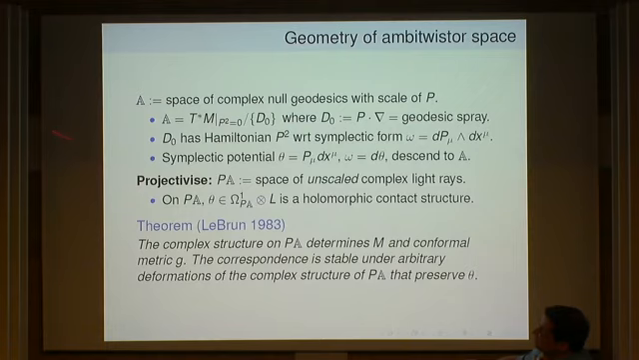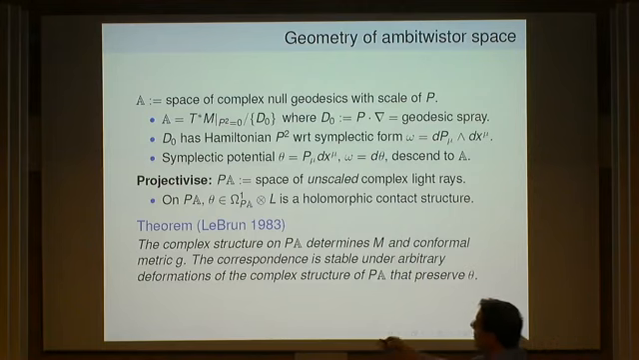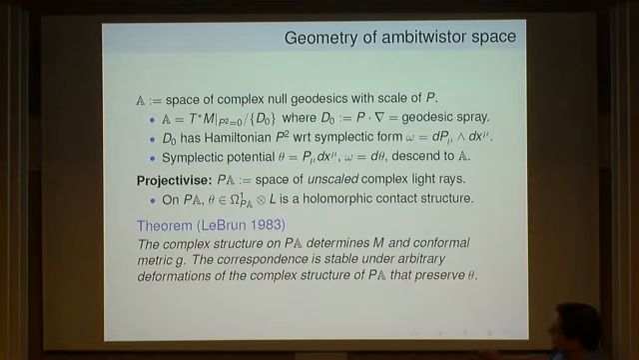And LeBrun's theorem was to say that it's the complex structure on this manifold PA that does determine N. It contains the entire information you need to reconstruct the metric. Well, when I say the metric, just a conformal class in this format. And the correspondence is stable under arbitrary deformations of the complex structure. But in fact, if you do a completely arbitrary deformation of the complex structure, what happens is that you get, when you reconstruct the space-time,